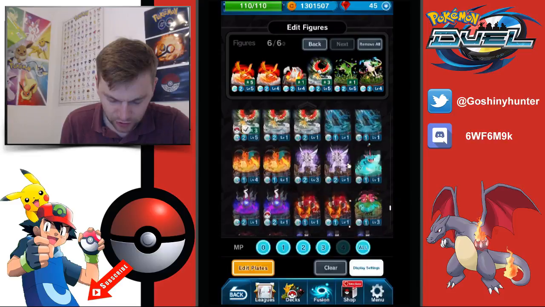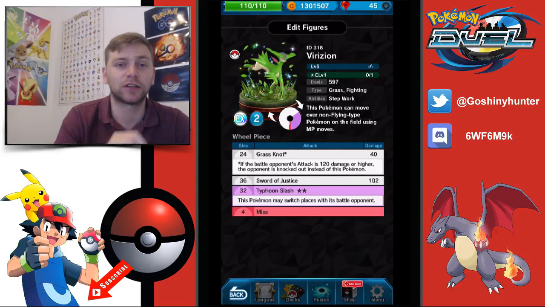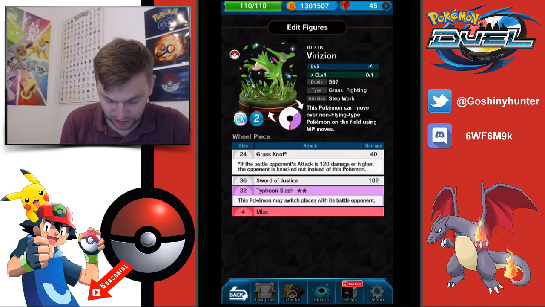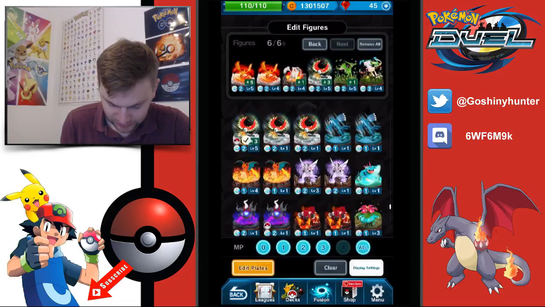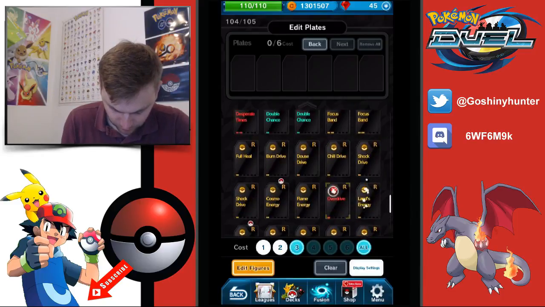Honestly, I'm thinking Virizion is even going to be swapped. It's going to be swapped for Vibrava or straight up Flygon. I just think Flygon's going to be really good with that Dragon Meteor because we're going to see a lot of big hitters. Yeah, so that's my gym deck, and plates wise, I've got to put that overdrive in for